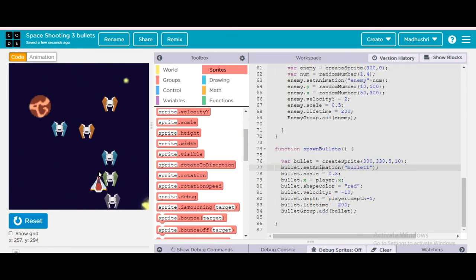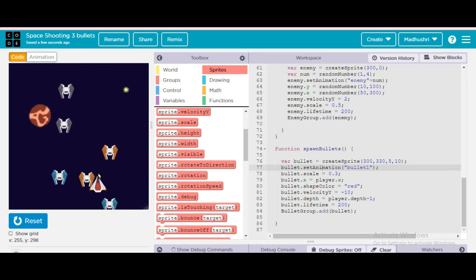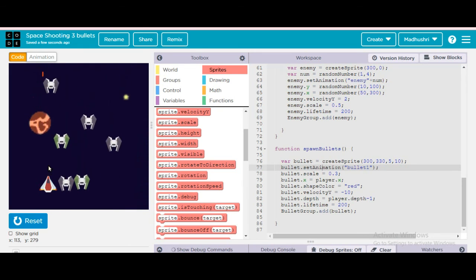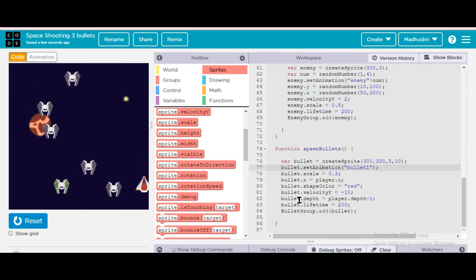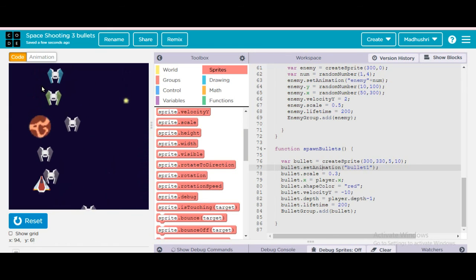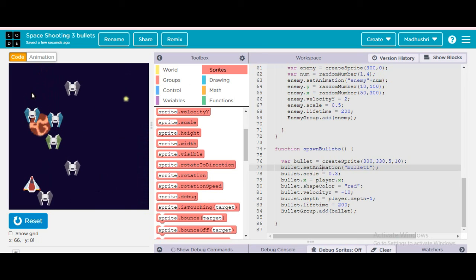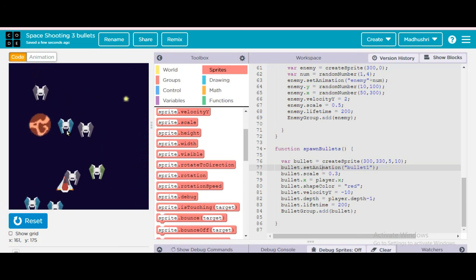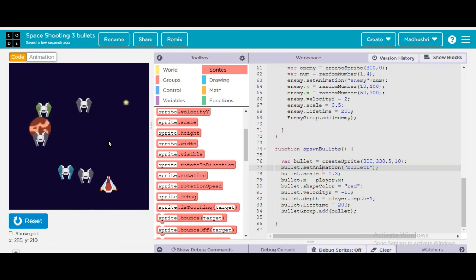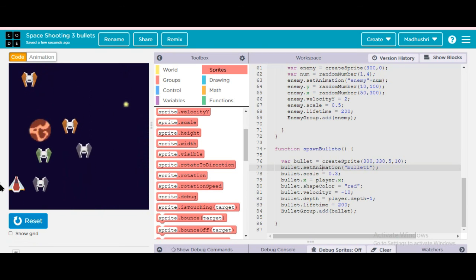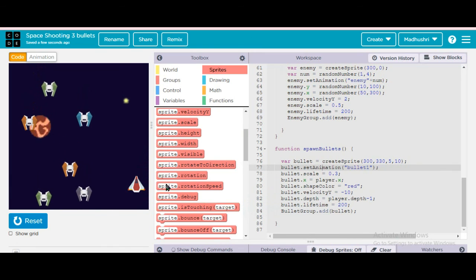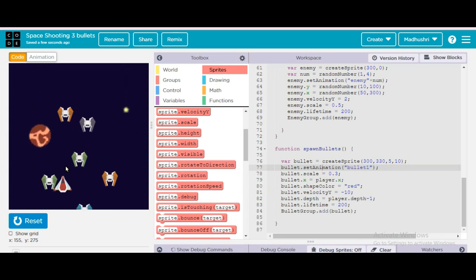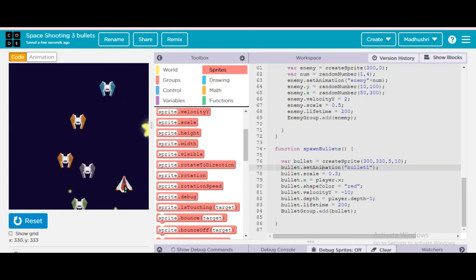Can you hear the sound? I just don't know whether you're hearing or not. Fine. To make it like this, you have to write bullet.x. Suppose your player ship moves in the y position, then you have to give bullet.y equals player.y. If you give bullet.x with player.y, it will come as an error. There are two types of errors.